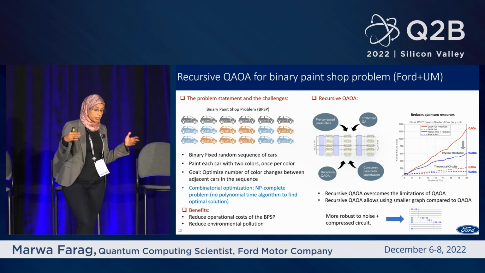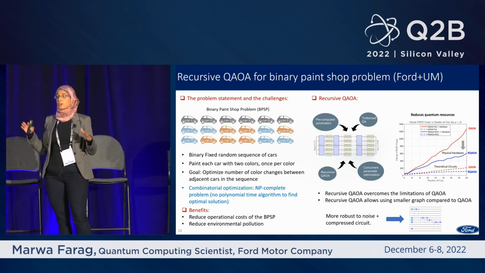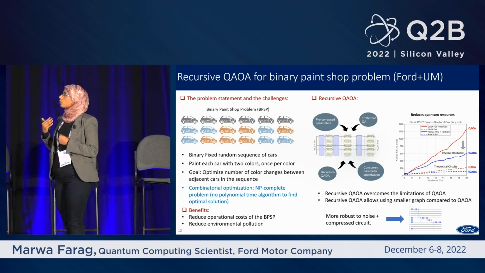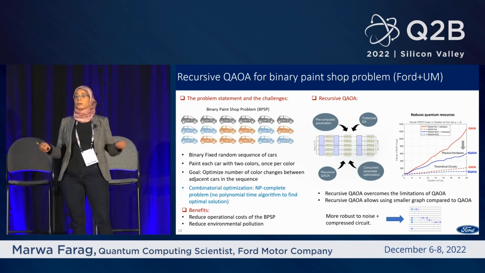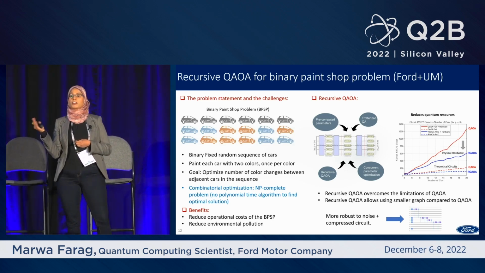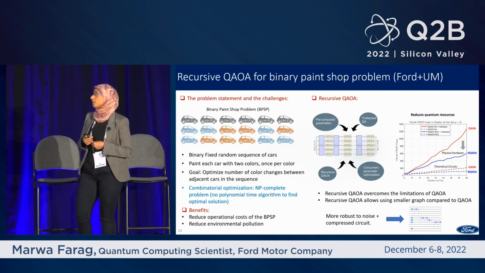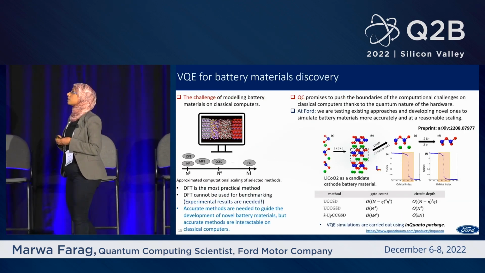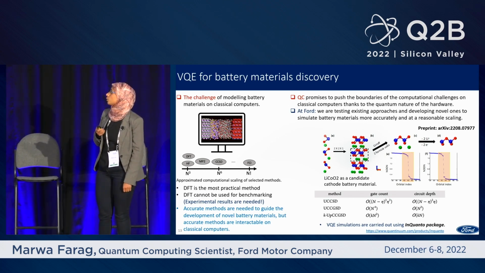This forms a kind of basis for us to investigate more. I'm not claiming any quantum advantage here. That work has been done only on noiseless devices, and we don't know yet how noise might affect our results, how error mitigation works, and how we scale this problem. We are not just interested in 12 cars or 14 cars; we need to see this for many cars. So there is still more work to be done. We are also investigating chemistry for batteries, and we have published papers available on arXiv.